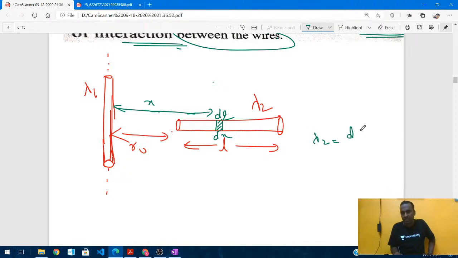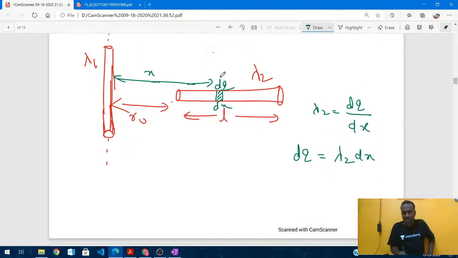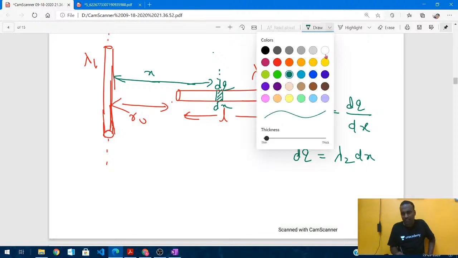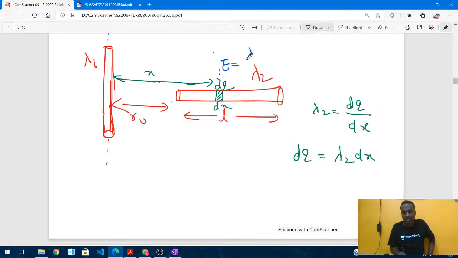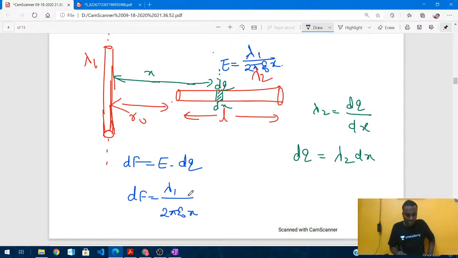So what is the value, students? Lambda 2 is equal to dq upon dx. What is the value of dq? Lambda 2 times dx. Am I correct, students? Now at this instant, what is the value of electric field? As I told you just now, for an infinite line charge, the electric field E is equal to lambda 1 by 2 pi epsilon naught x. Then the force is equal to the electric field intensity E into the small elementary charge dq. So the force is lambda 1 upon 2 pi epsilon naught x into